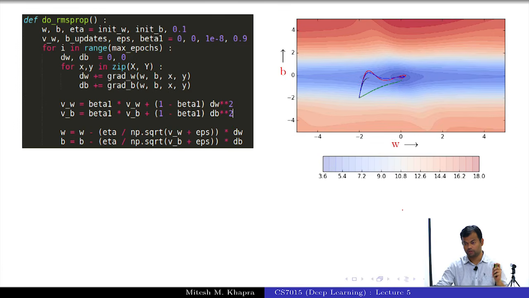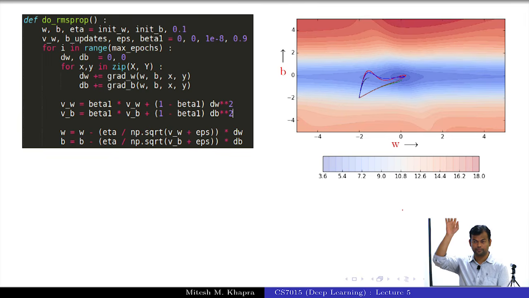Any guesses? Initially, this is I think a brown curve. It's already there, but you can't see it, so I'll keep running it. At some point it will diverge from the green curve. Do you see that now? It has reached its destination. At the point where the learning rate for B was getting killed, that does not happen here, because you have prevented the denominator from growing very large. You have multiplied by small values so that it does not grow very fast.